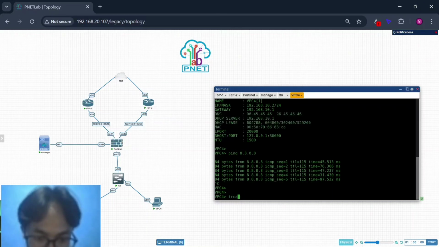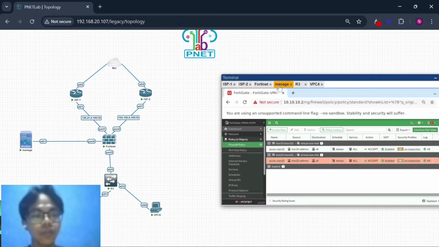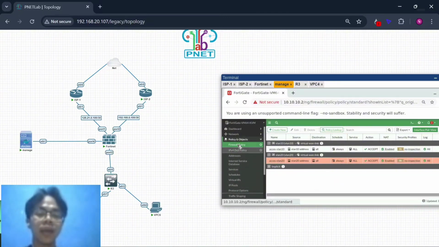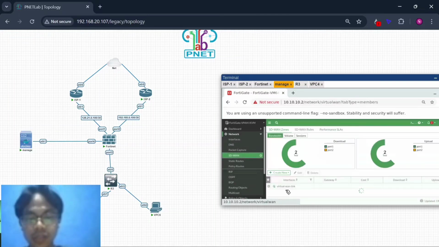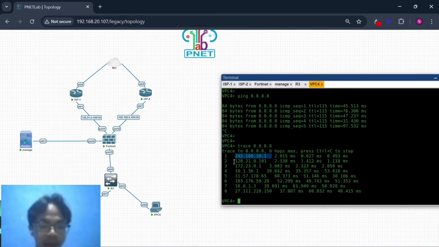So if you want to see which interface this VPC connects to the internet from, SP1 or SP2, you can write this command trace. You can see this is 192.168.10.1. This is the virtual WAN link, SD1, so this is going from VPC4 to the FortiGate device, and this is 128.21.0.100.101.